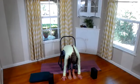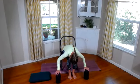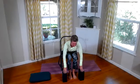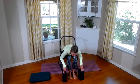If you've got the flexibility enough to let your hands be on the floor, arms dangle, or hands on those feet, you do what works for you. Let's go ahead and inhale, lengthen through the spine. Got a nice long spine here, tailbone is pointed down towards the seat of the chair, crown of the head is lengthened up towards the ceiling. Our arms are nice and long here as well. So we think about a nice lengthened back, lengthened spine, nice lengthened arms,